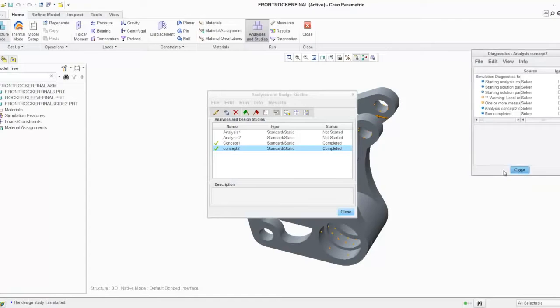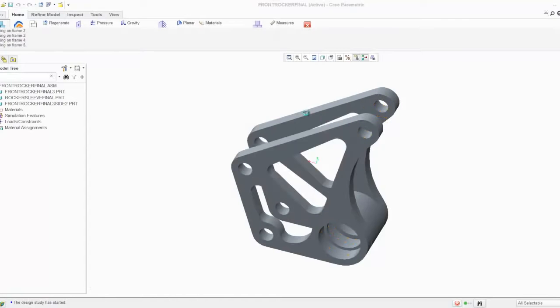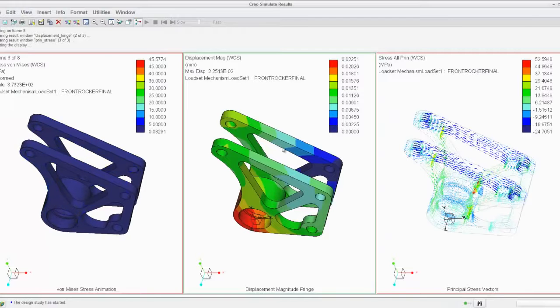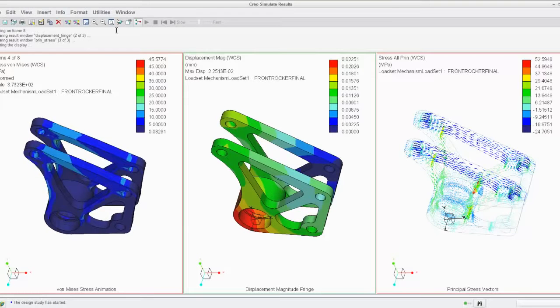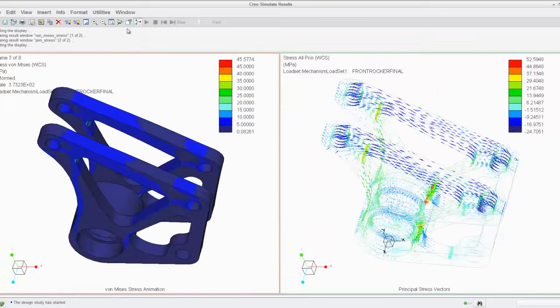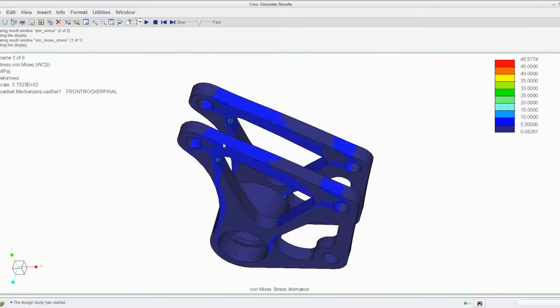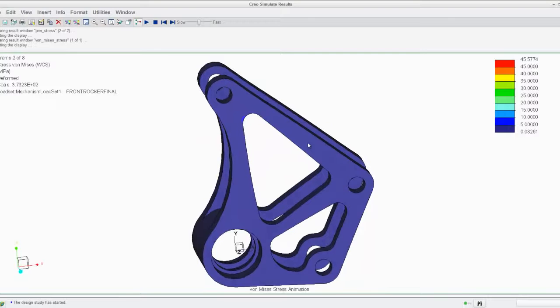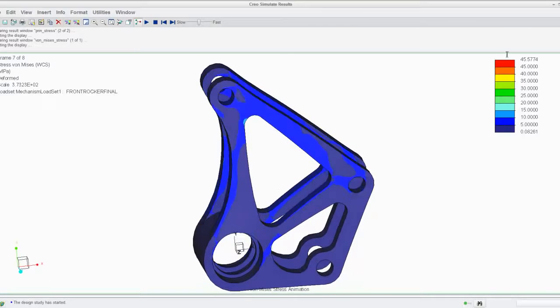Okay, the analysis is now complete, and I'm going to repeat the process and just display those results visually, and hopefully I'll see some pretty significant change in my design, and I can make some suggestions perhaps to my team member that we should look to review that component and create a new version. So very quickly I've been able to move through a design, analyze, and even optimize process within Creo without using any other tools, all within one user interface.